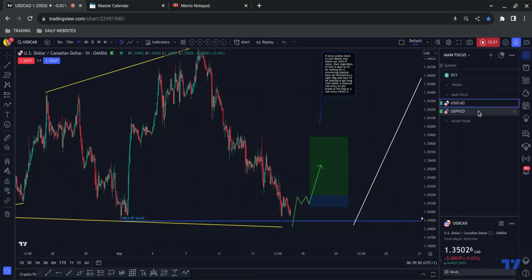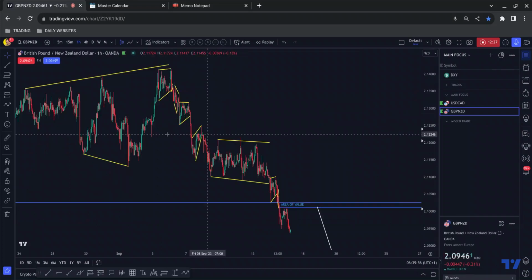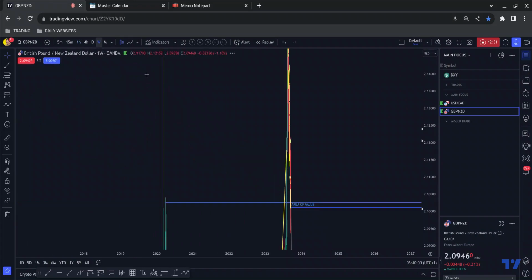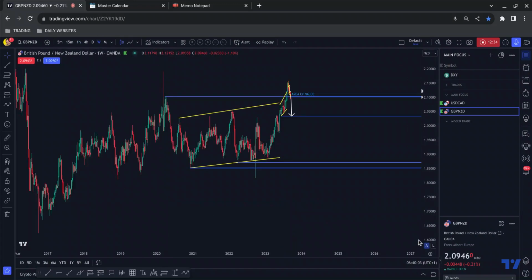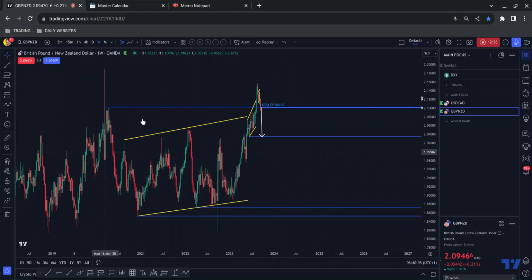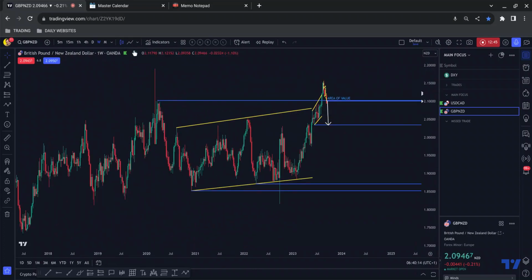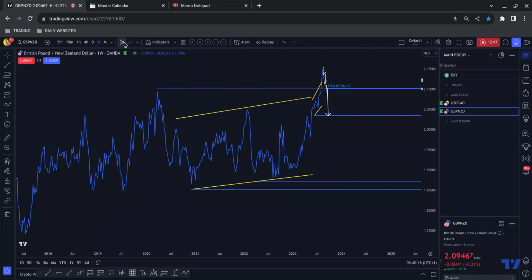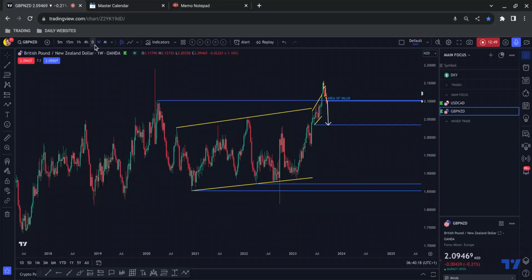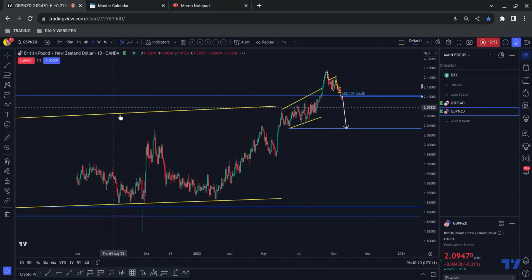Okay. Now, the reason I've got dollar CAD at the top of my watch list will become clear in a second. But let's talk about pound Kiwi. Right. So on the weekly chart, if I just auto scale this, we have this 1, 2, 3 touch structure which falls just shy. I've just cut through this volatility wick because, as I said, it looks like a bit of an outlier. And if you go to the line chart, that wick does not exist on the weekly chart.